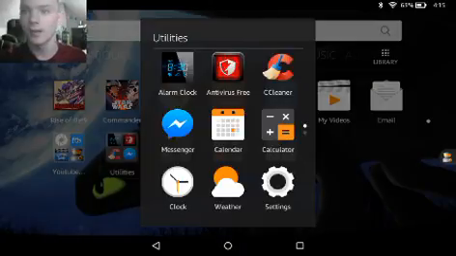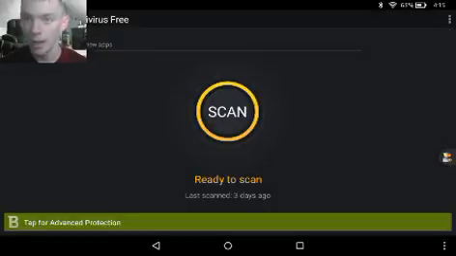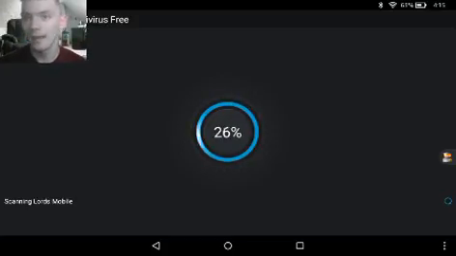Alright, and the next one is antivirus free. I don't know the official name, but it has this icon here, the little red shield with the white thing. And this is one of the best antivirus things, in my opinion, because other ones I've had don't really work as well. And what it does is basically, there's one button, and it's scan. There's the actual name, Bitdefender Antivirus Free. But what it does is it basically scans your entire device,